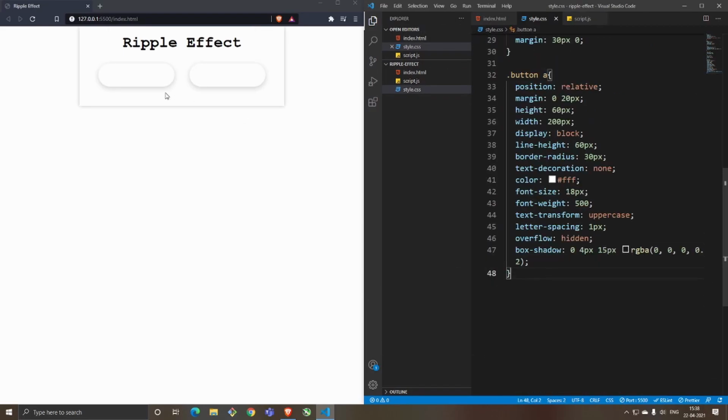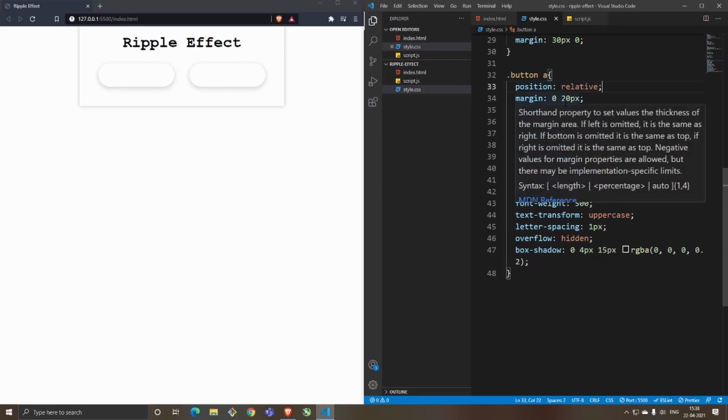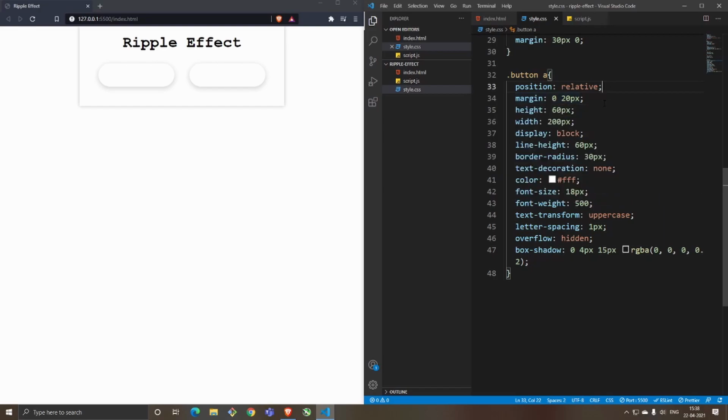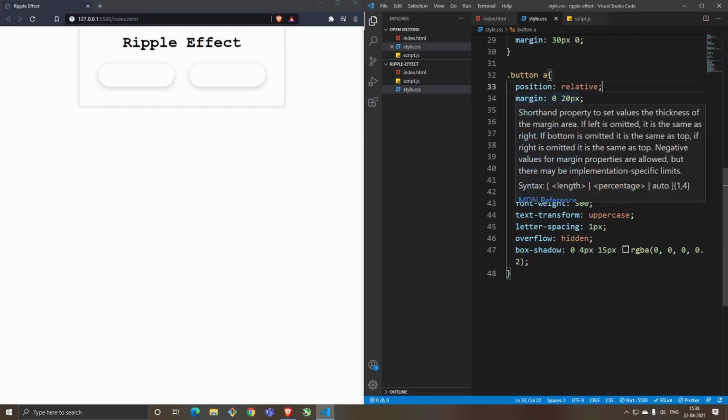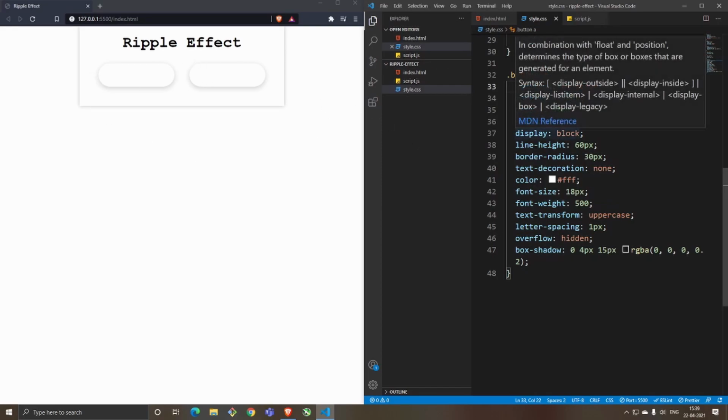So now we have gone ahead and created that button kind of effect using CSS. Now each of the things I'll explain to you. When you say position to be relative, it's just saying, okay, you stick to that part where you are supposed to be, you don't change it. And depending on the size of the screen, you can move it around. So you've given a margin for each of the a tags inside, and then given the height and width, so it looks like a button out there. You've kept the display to be block.